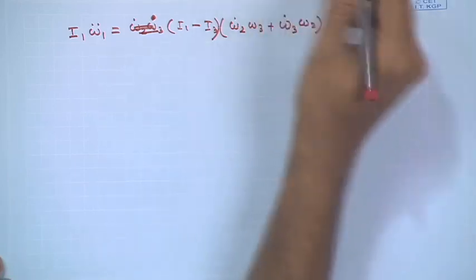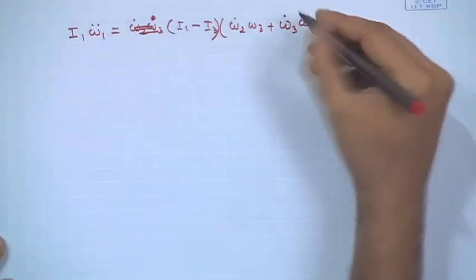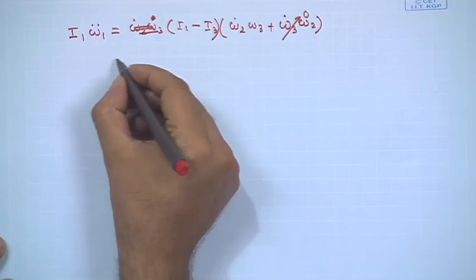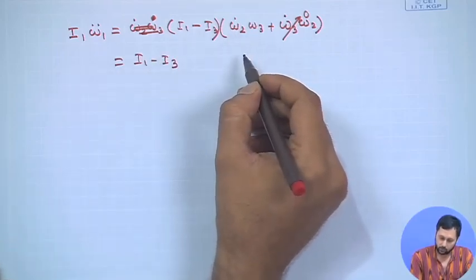Now, omega 3 dot from the third equation gives you 0, so we can set this equal to 0. So, this will be (I1 minus I3) times omega 2 dot. Now, omega 2 dot is